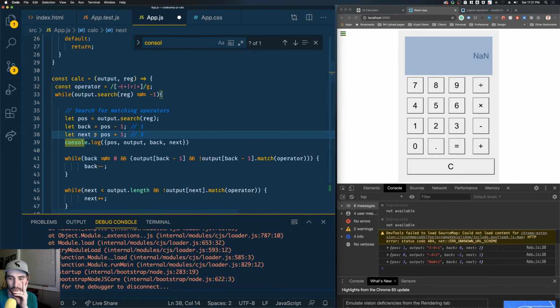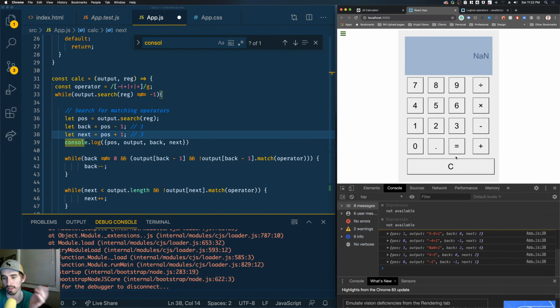Which is negative 4. Ah, okay. I see. So the problem broken down is anything that results in a negative number, 4 minus 5, which equals nan,